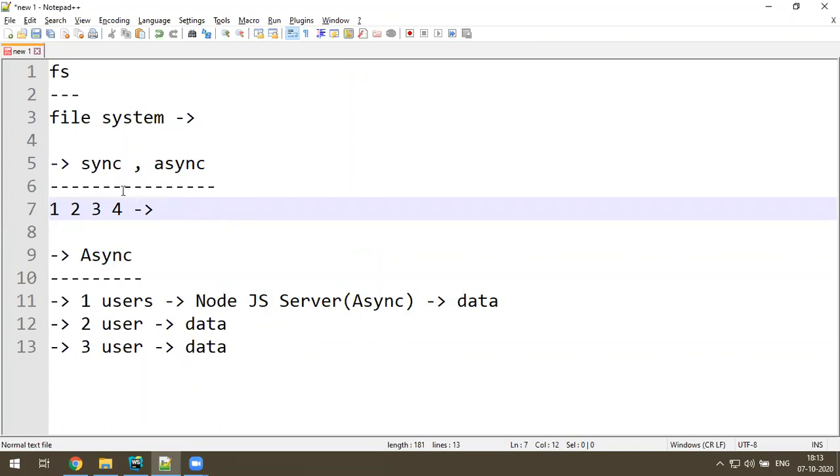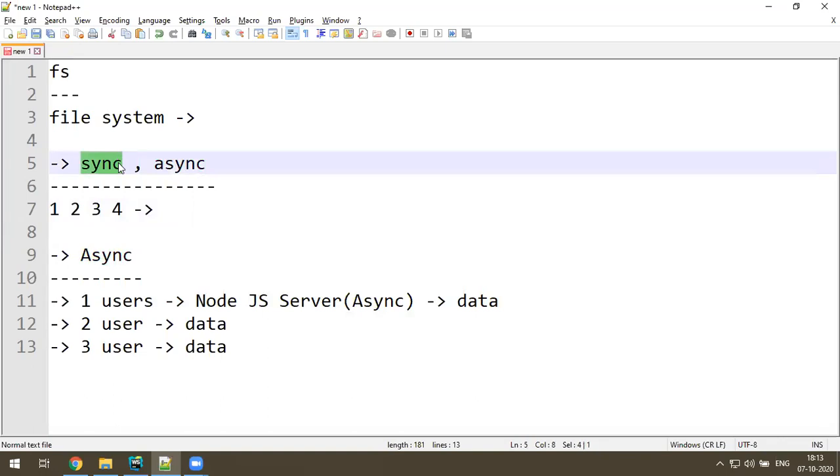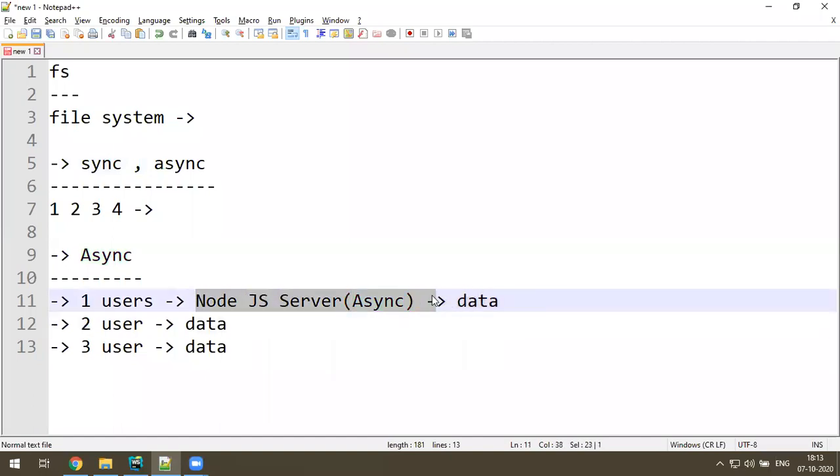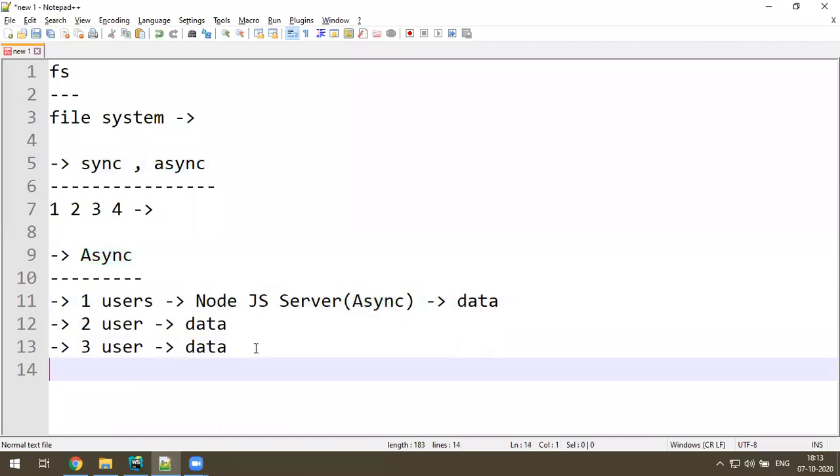There is a provision to write both cases, synchronous or asynchronous. I'll show you both ways, but always remember, when you write server-side code, you always write asynchronous. And in JavaScript, how you achieve